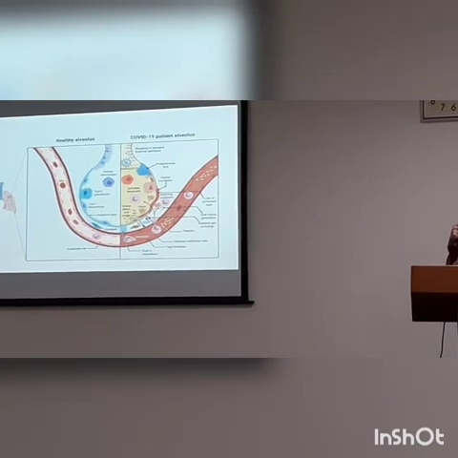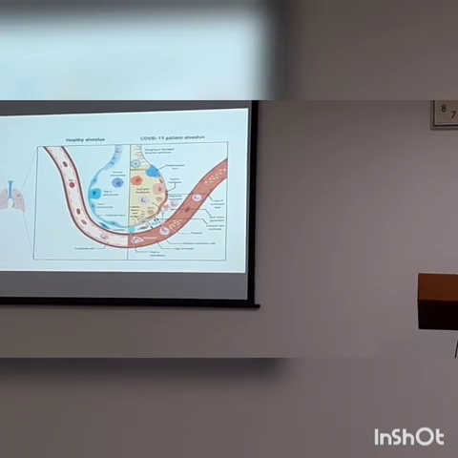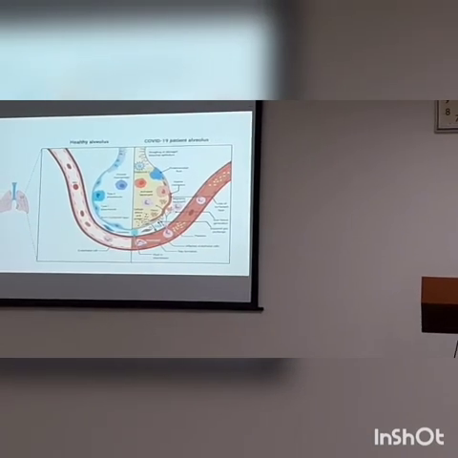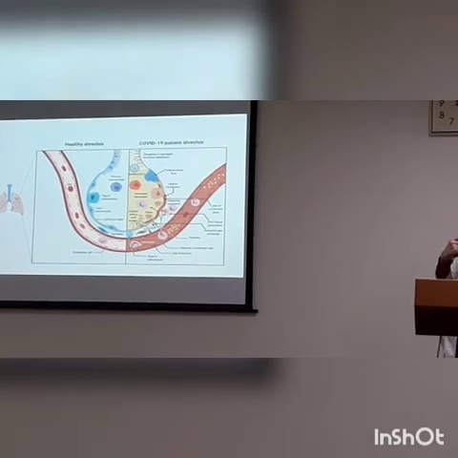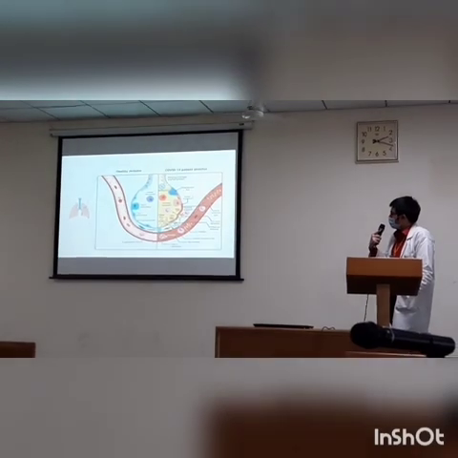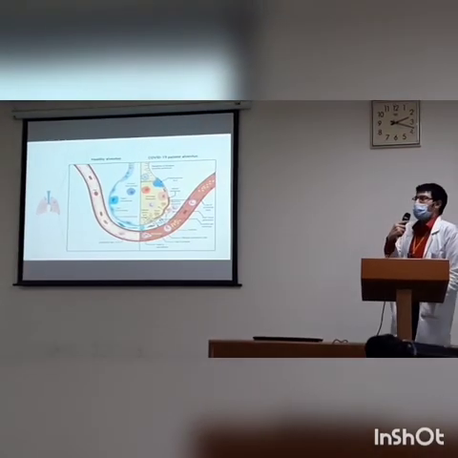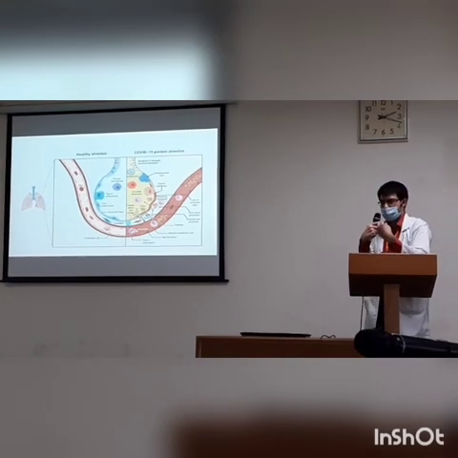But when COVID enters, it causes sort of a lot of issues. As we spoke about the cytokine storm earlier, this causes damage to the epithelial cells and the endothelial cells as well. So when the epithelial cells are damaged, type 1, type 2 pneumocytes are damaged. This results in a loss of surfactant, a hyaline membrane tends to get formed, and no surfactant means the alveolus can't stay put. It collapses in on itself.